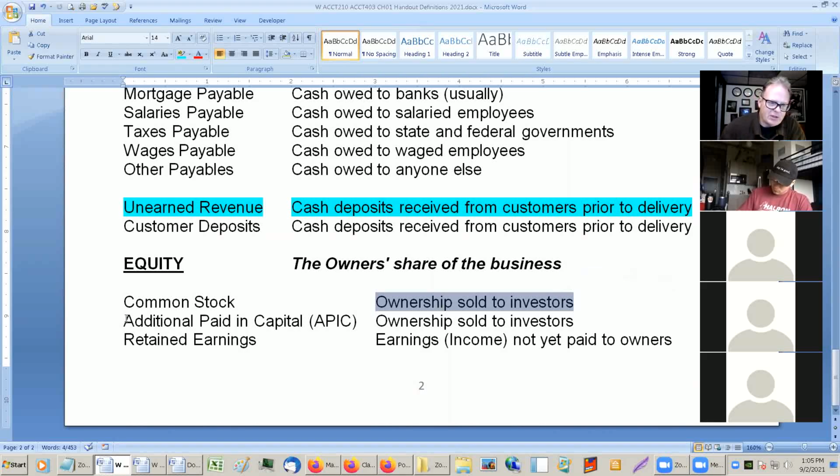Additional paid in capital is a goofy account. I don't want to get into it, but I guess I have to. There's a weird thing that sometimes there's a minimum amount that the stock must be sold for. So if it's got a par value of say $10, anything in addition to $10 goes into additional paid in capital. It's a goofy way of doing it. This is one of those things I wish would go away, but I don't think it is.